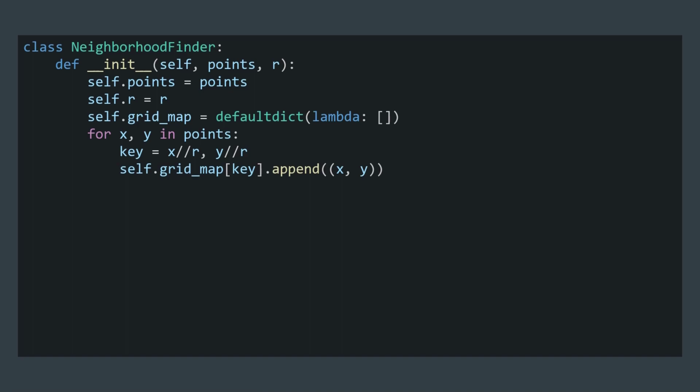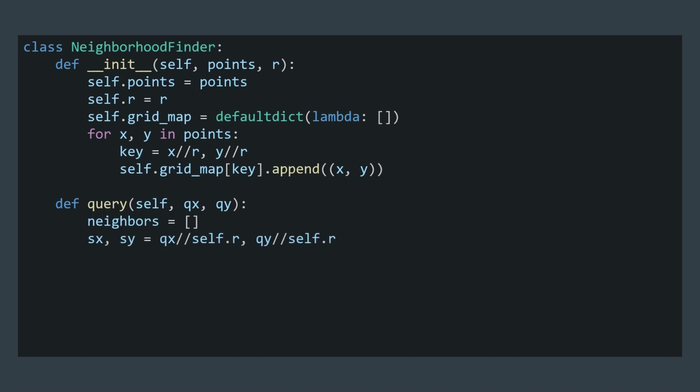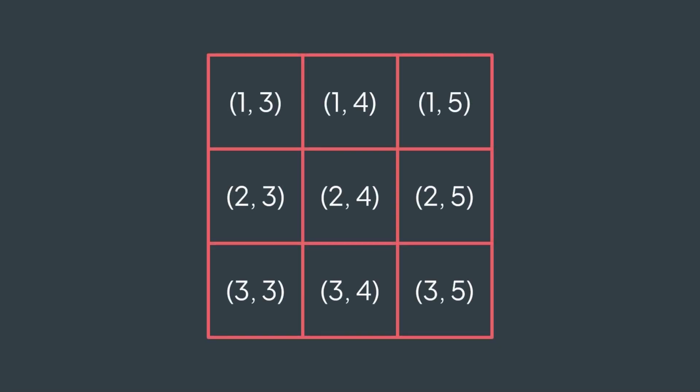Now that we finished the pre-processing phase, we can have our query function, a function that takes as parameters the position of our query, qx, qy, the position whose list of neighbors we want to get. We create the list that will contain our neighbors. We also need to find the keys of the 9 squares surrounding our point. Let's name the square of our point as_x, as_y. Now, if our square is for example the square 2, 4, then we want to traverse these 9 squares. Squares whose indices are 1, 3, 1, 4, 1, 5, 2, 3, 2, 4, 2, 5, 3, 3, 3, 4,